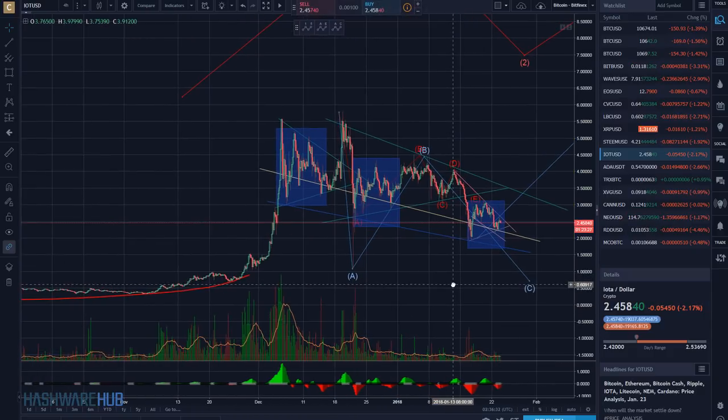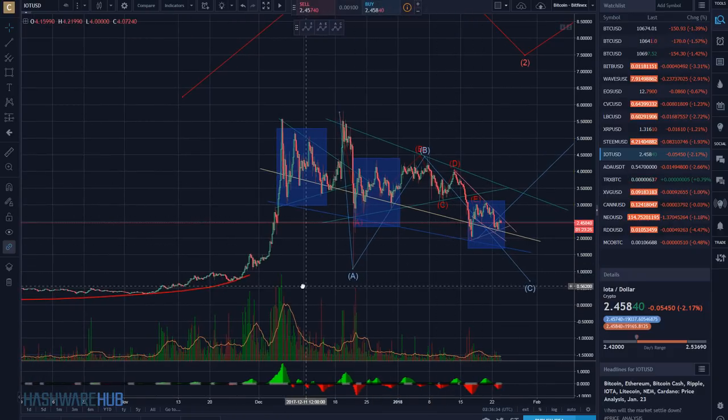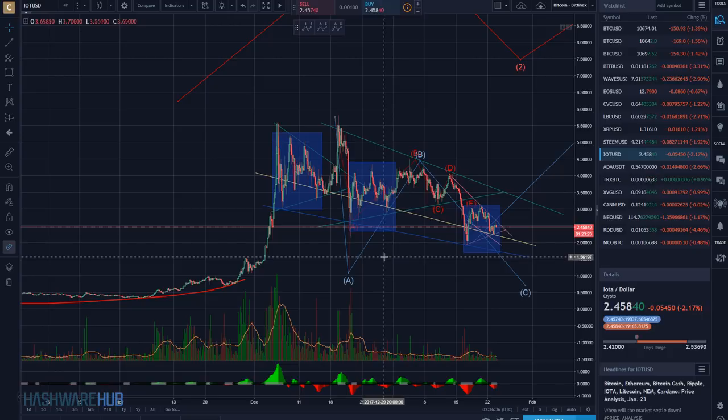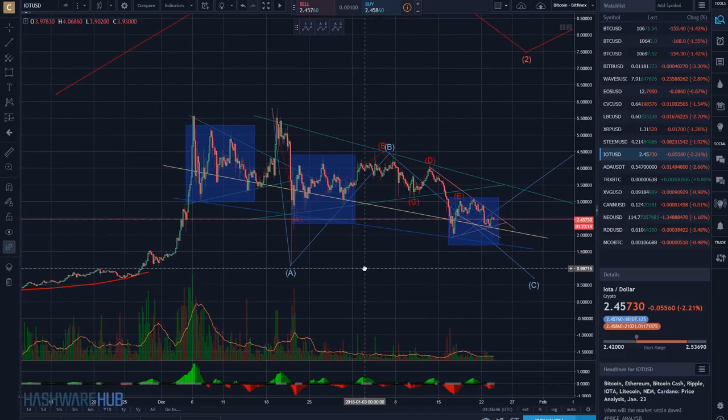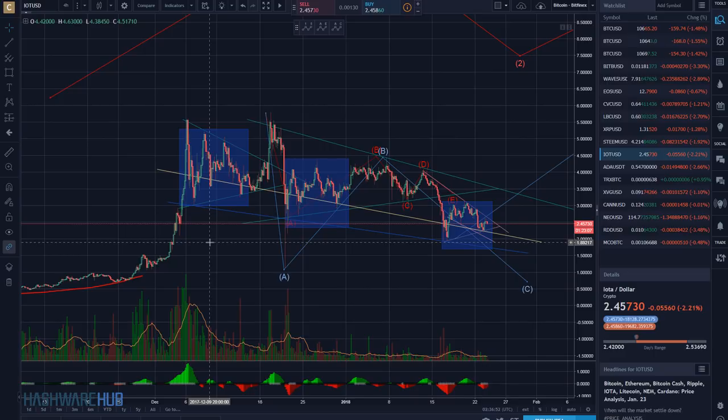So we have this ABC correction, and you know what I noticed? I erased a lot of things and relooked at the chart, and I noticed that the chart has this fractal nature, and that's what these three boxes are. It's not actually all that clear, but if you start really studying the chart, you can start discerning fractals.